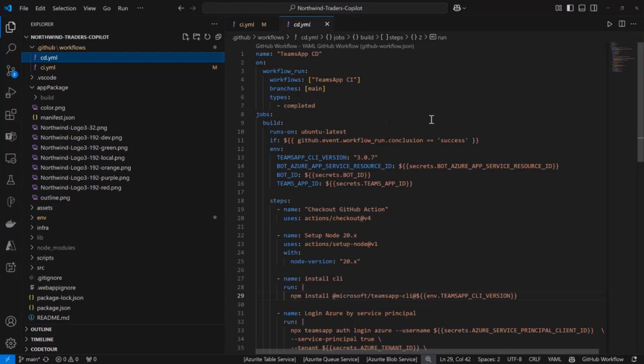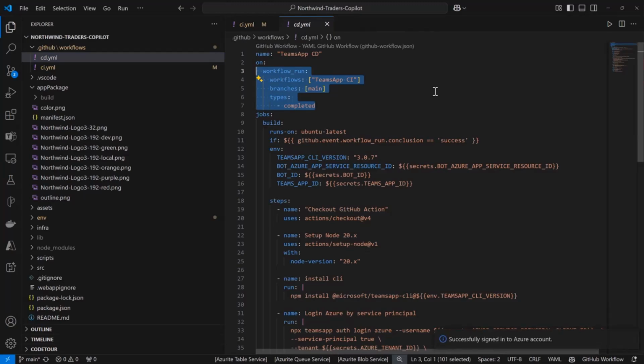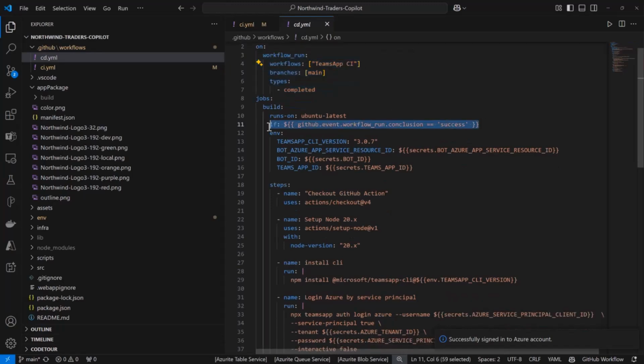Then I have it set up here for a CD, so I can do some deployment things. I have it set up to be dependent on my CI being completed. This is just special workflow syntax for GitHub. When my CI completes, and not just completes, but I only want my CD to run when it's successful, I've added this check on my job to make sure that when the CI is successful, then it does this deployment. Otherwise, if I fail some validation checks or whatever else I add into CI, I don't really want to deploy this stuff. So I'm going to just do it when it's successful.